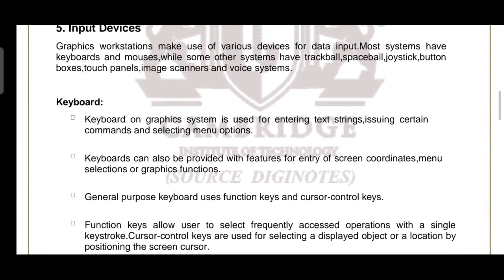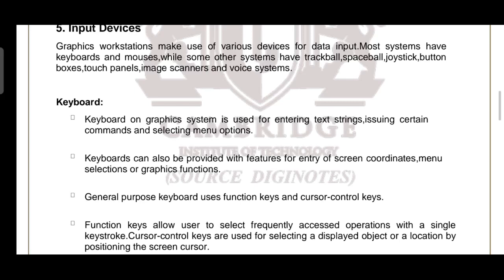The well-known input devices are keyboard, mouse, trackball, right? Then pen, light pen, which can be used with a digitizer. These days touch screen devices are available, where manually we can provide the input. Then voice input can also be provided. Apart from that, we have a set of logical input devices as well. We'll be discussing them in detail, about the physical devices as well as the logical inputs.